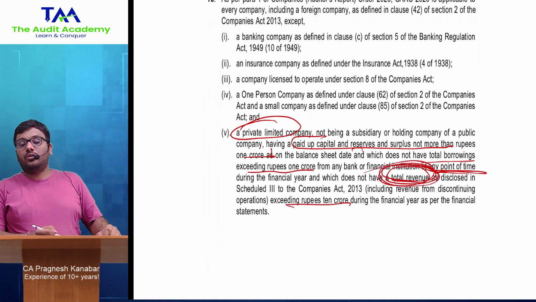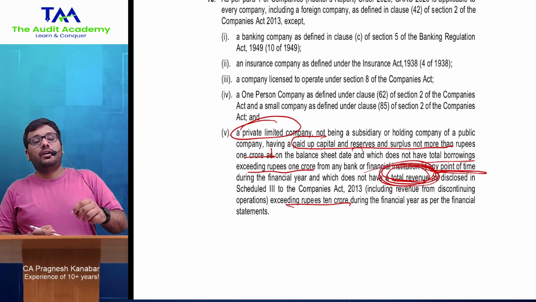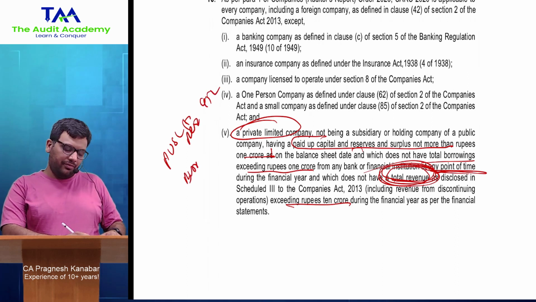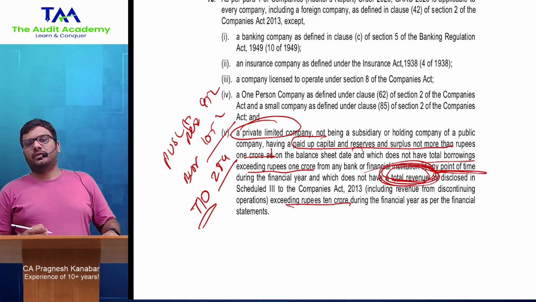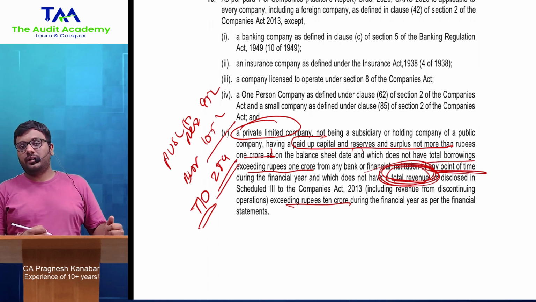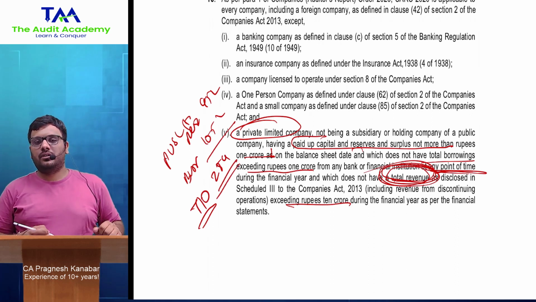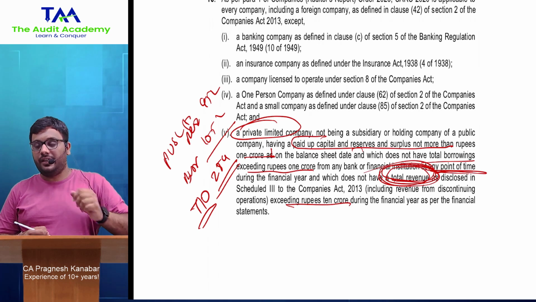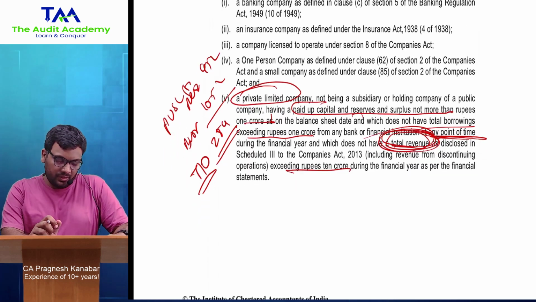अभी इसका अगर turnover मैं बोलता हूँ आपको, समझो in this question क्या है, paid up share capital and reserves is 95 lakhs. Borrowings at some point of time it went to 105 lakhs. समझो अगर turnover इसमें दे दिया होता 28 crores, then it would have qualified to become a small company. 28 38 ले लो. Then even though these limits are breached, but because it is a small company, Caro applicable नहीं होता. So this is a very good discussion. All right.